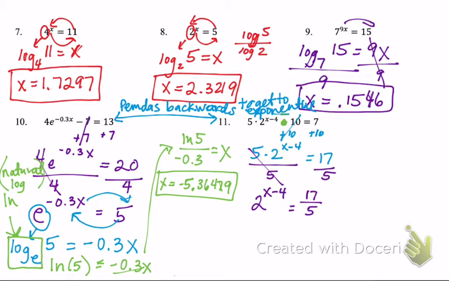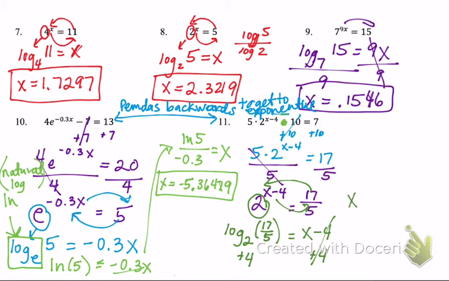So now I'm going to put it in logarithmic form. So this 2 becomes my base. Log base 2, 17 over 5 equals, move the x minus 4 over. So then I'm going to type that in. I'm going to add 4 to each side. So you end up getting log base 2 of 17 over 5 plus 4 gives me